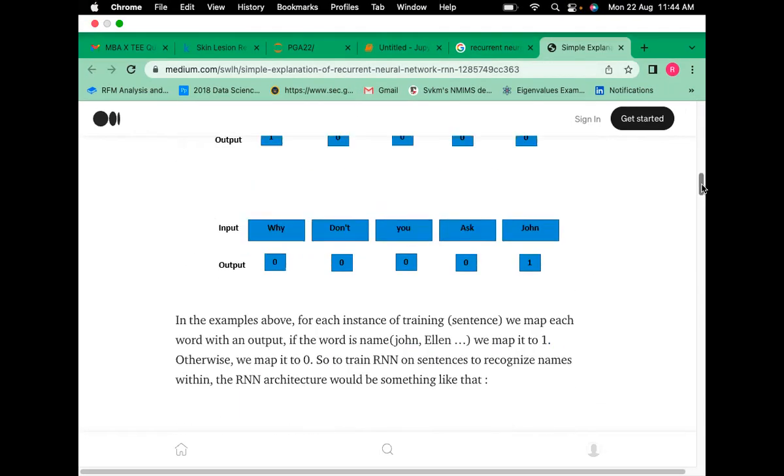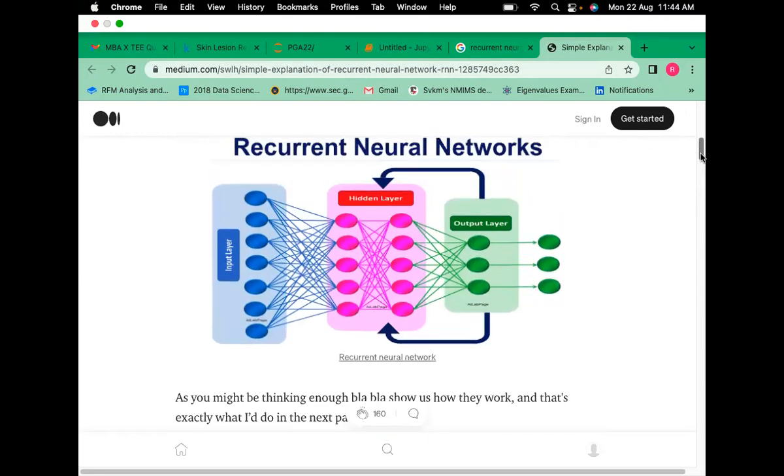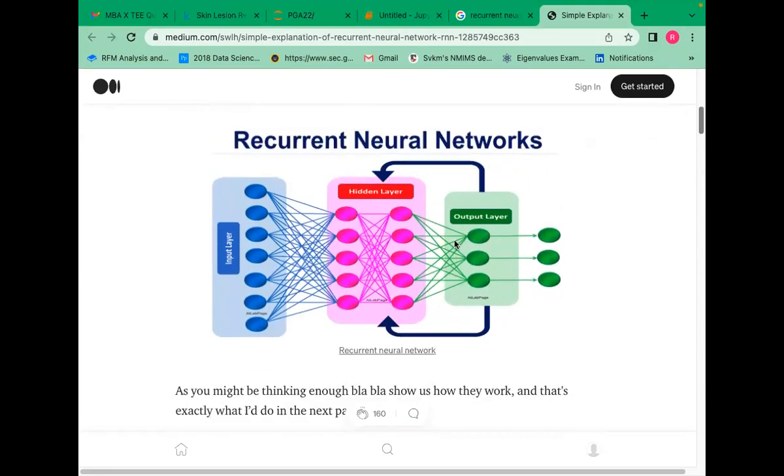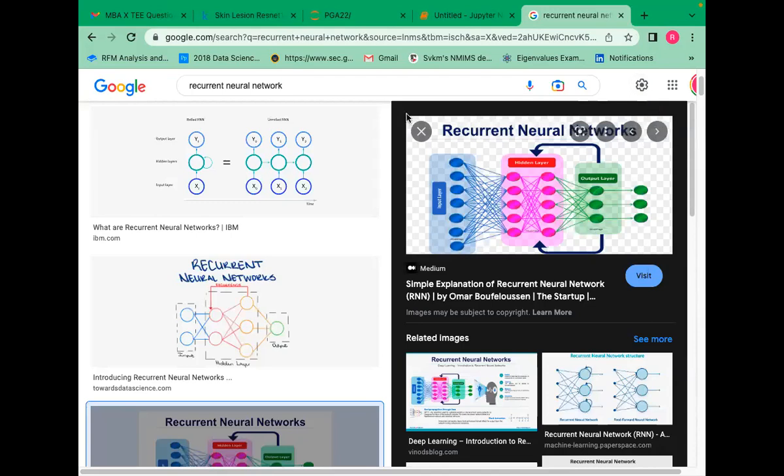A simple RNN model looks like this. So what you observe is the output layer to hidden layer is where the action happens. Once the output is not properly done, it goes back to the hidden layer and then the hidden layer will process. Not unlike in your normal neural network where the backward propagation goes into the input layer also. Here, everything gets stuck at the hidden layer. Every processing will be done in the hidden layer. Or if you want me to show you another diagram,